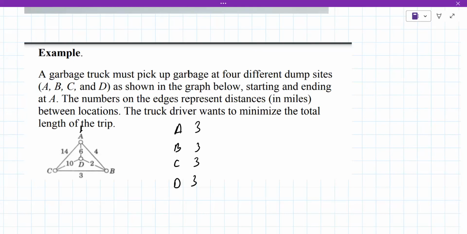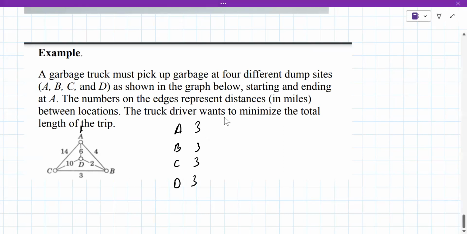And this is your nearest neighbor, by the way. It says to try each vertex as the starting point and then choose the best answer. But since it has to start at A, well,